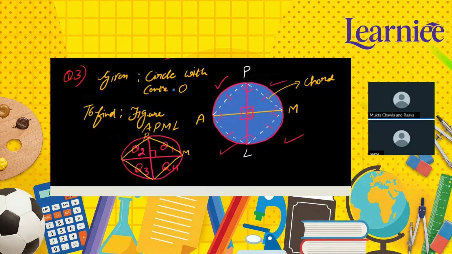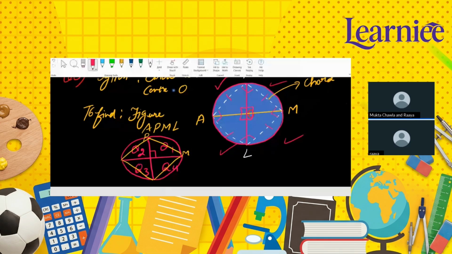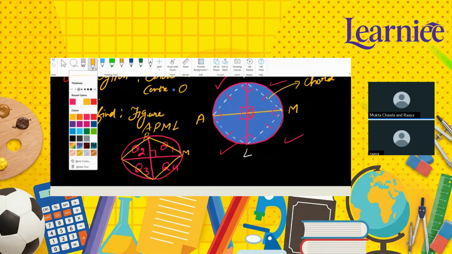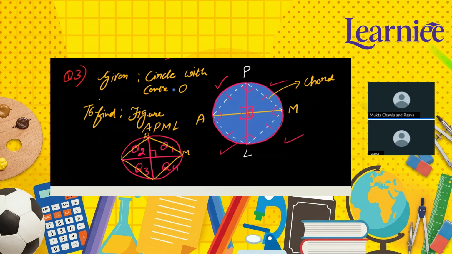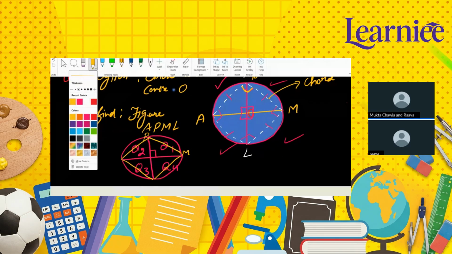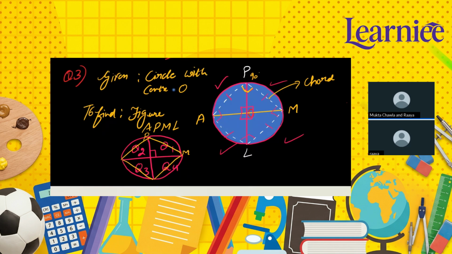Now we will go back to all the angles that we got. First, we will be checking our first semicircle. What is our first semicircle? APM is the first semicircle, right? So what 90 degree angle would be there? Angle P. Reason you already know: angle in a semicircle. So angle P would be 90 degrees, right? Now you can go with another semicircle. Suppose I am taking this one, PML. Here also we are getting one angle of 90 degrees. Understood. Now we are taking the vertical semicircle.